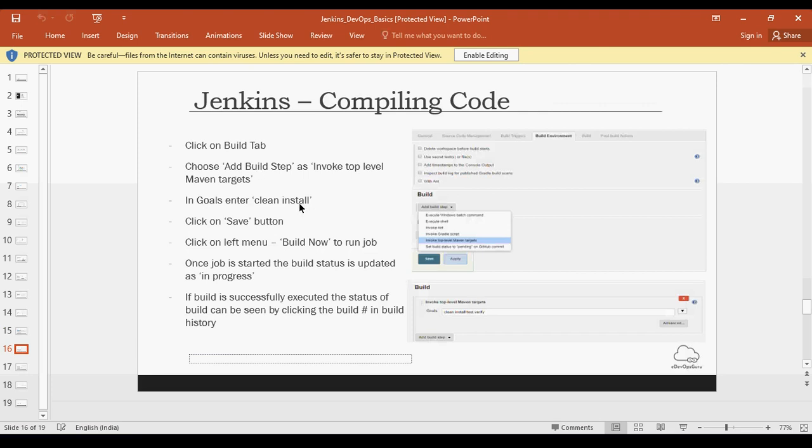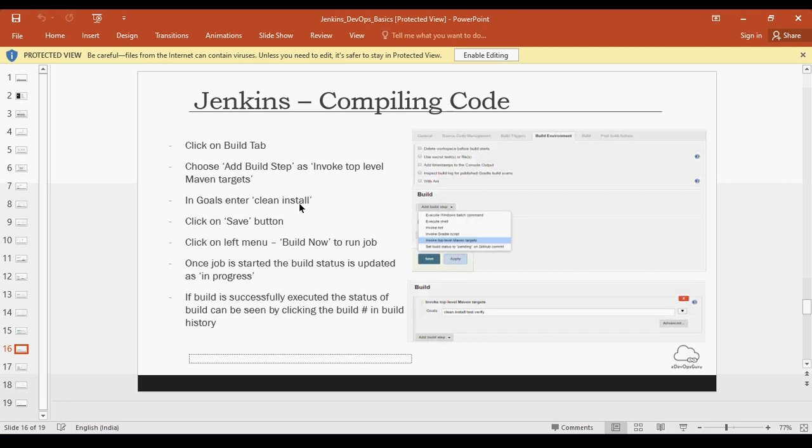Then install will set up the new dependencies. If needed, it will download the dependencies from your Maven repository, or from your own internal private Maven repository, and then it will compile your code. It will generate the artifacts. If you have defined unit tests, those would also be run and the results stored.